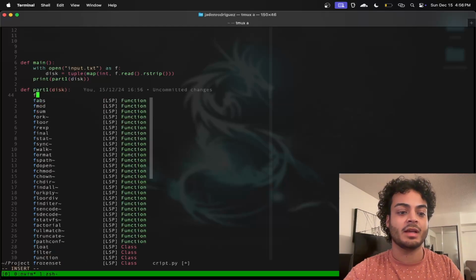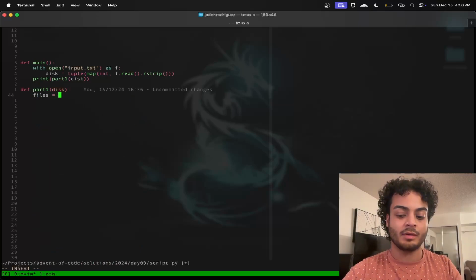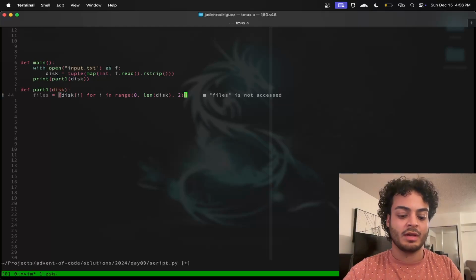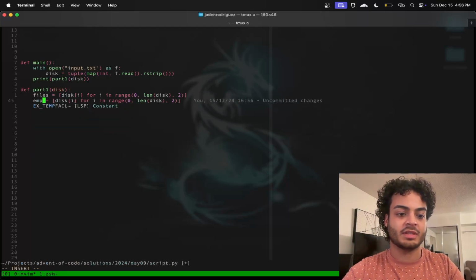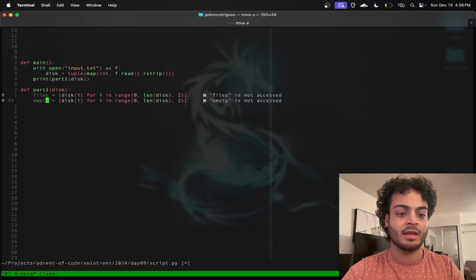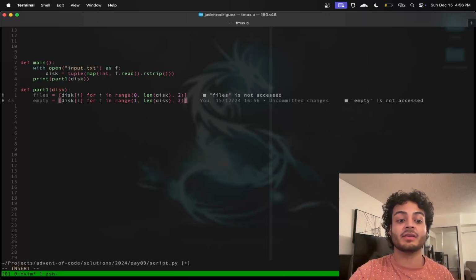I'm going to say the files are the disks at the even indices. So I'm going to start at 0 and then go for every 2. And then the empties are going to be almost exactly the same, except I is going to start at 1. And so now I have my blocks which correspond to files and my blocks which correspond to empty spaces in